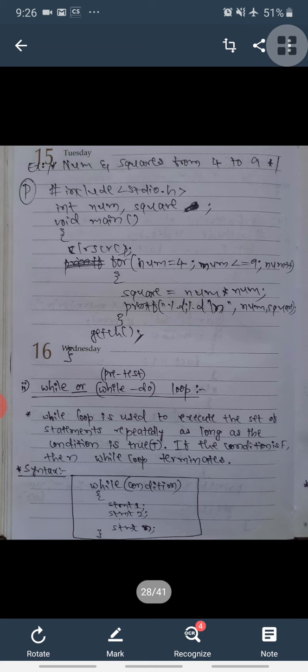Similarly, here one more example is there. If you want to display the numbers from 4 to 9 and their squares also, it means that 4 into 4 equal to 16, 5 into 5 is equal to 25, 6 into 6 36, 7 into 7 49, 8 into 8 64, 9 into 9 81. Okay, like this if you want to display the numbers along with their squares, we again use